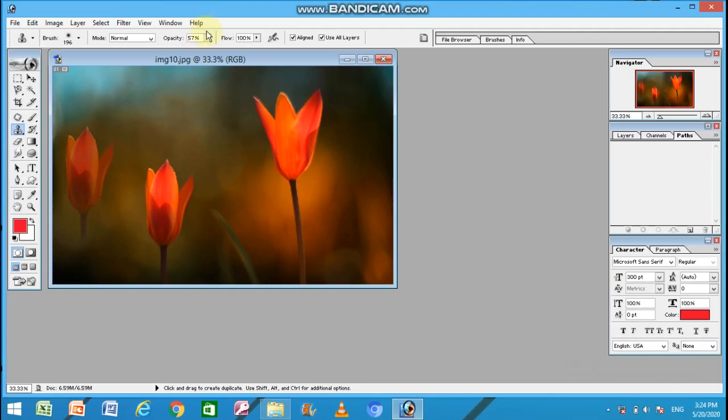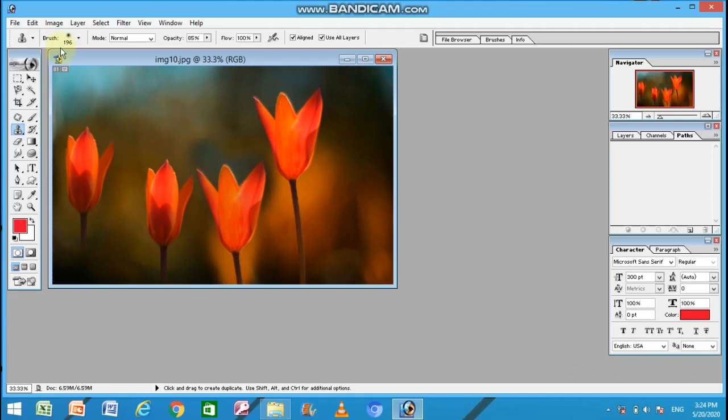Right now the opacity is 57%. Increase it. You can see now the image is more brighter. In this way you can make clone of the selected objects wherever you like in just seconds.